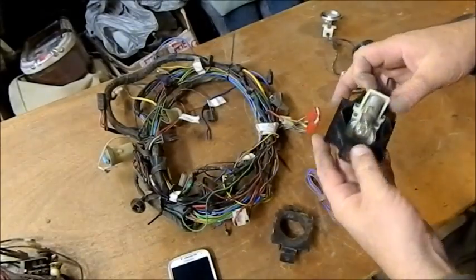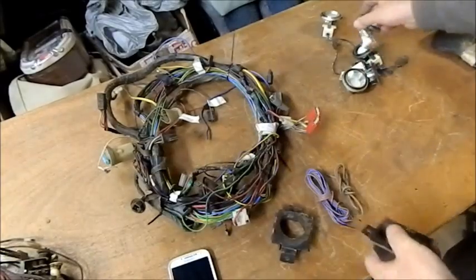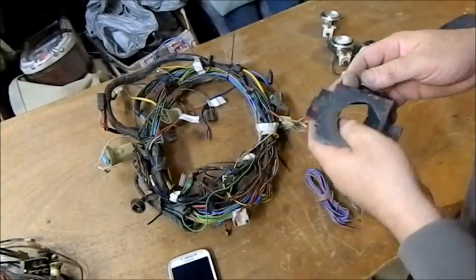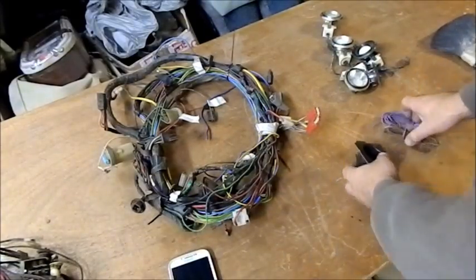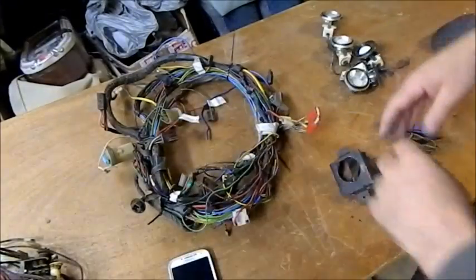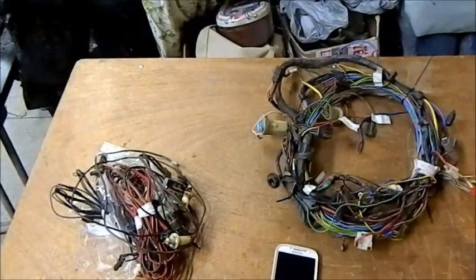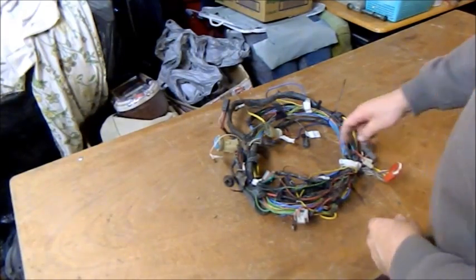Some of them have had the plug cut off, which isn't much good to me, but for now I can put these in. And I don't even think I'll bother painting those. I'll just wipe them down and put them in. That's going to be fine. And the rest of this stuff I'll just chuck in a plastic bag, because I'll need these bits over here relatively soon. This is of course the engine loom out of the ZH, and I'm going to modify